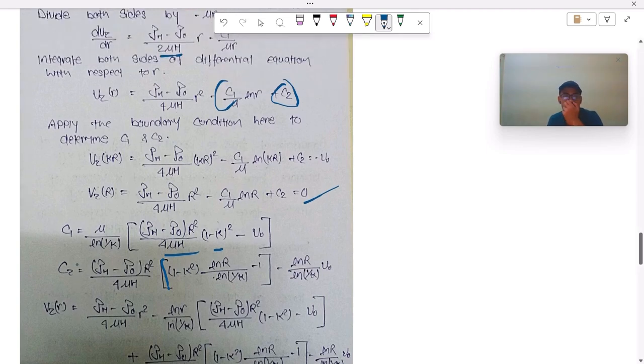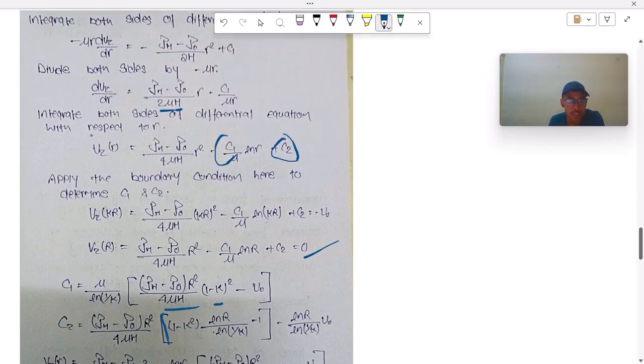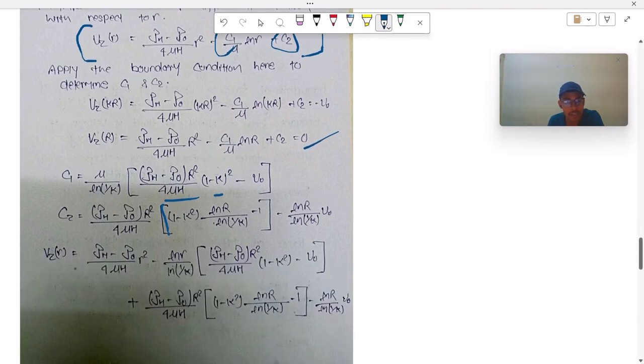So this is our final expression for velocity, and here we have the two constants of integration, C1 and C2. We have found them by using our boundary conditions. So now, putting the values of the boundary conditions in this expression, we will get the expression of our final velocity